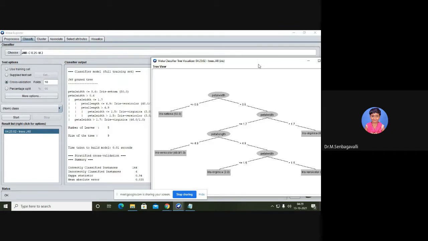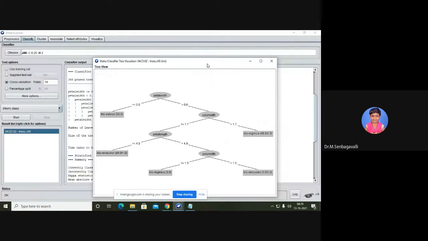For example, if you apply medical disease related information also, you can get to know whether the particular patient is affected, and whether the patient's health status is at severity level, medium level, or normal level. Everything you can get to know with the help of a decision tree. It is not only related to Iris data.